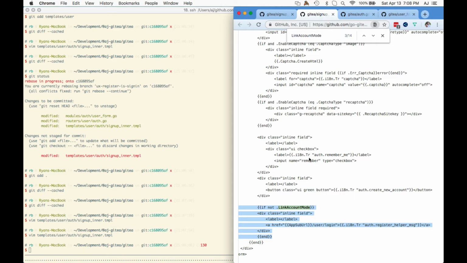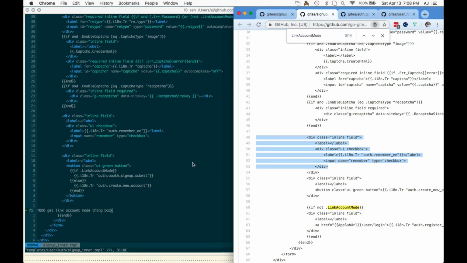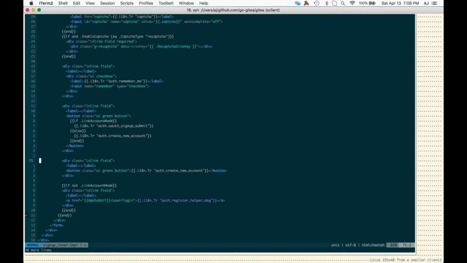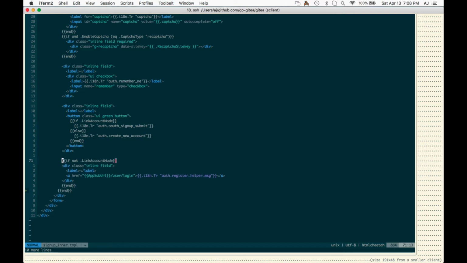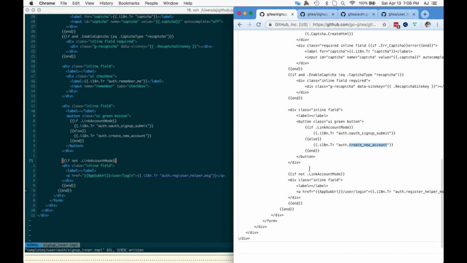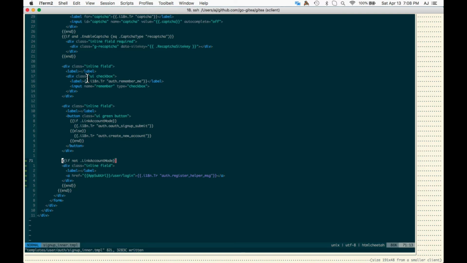So what we want to do is basically just copy and paste this remember me checkbox, or move the remember me checkbox. Yeah, get that thing back. Okay. Oh, what register did you put on them? Let me see. I put it on register A. So create new account. This one goes away. So we look at the new one. There's a space there. There's this thing. There's a space there. The remember me needs to be here. Okay, I think we're good.